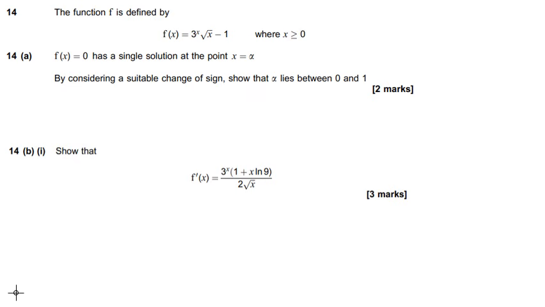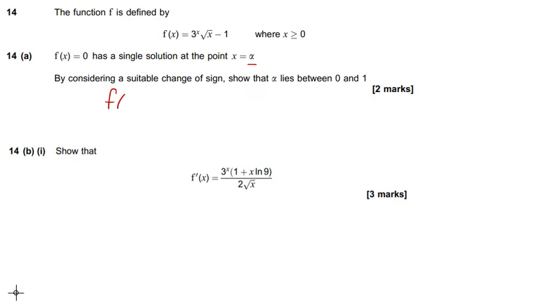So this is like what we had right at the start, a change of sign. So f of x equals 0 has a single solution at the point x equals alpha. By considering a suitable change of sign, show that alpha is between 0 and 1. So what we do is we just put those values 0 and 1 into the function and check that the